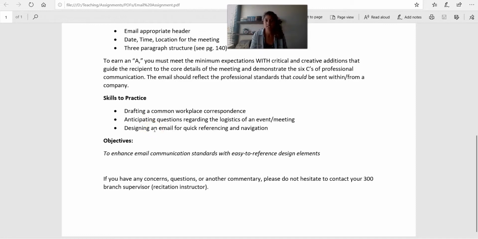Anticipating questions regarding meetings, right? We know people get confused easily, so try to anticipate and explain what questions they might have. And then really importantly, designing an email for quick reference and navigation. I really want you to focus on document design and how you can make sure that your readers know exactly what they need to do and where they need to go